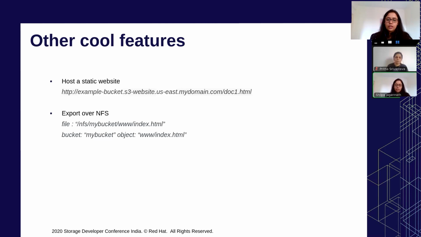The RGW NFS interface supports most operations on files and subdirectories, but there are a few exceptions. A very minimal configuration is required. All we need to do is configure the export section of NFS by providing the path, telling where to find the export, the access type, and the user name and credentials. And that's about it. That's how simple it is. There are other features that are also supported, but we would not be able to cover them in this presentation.